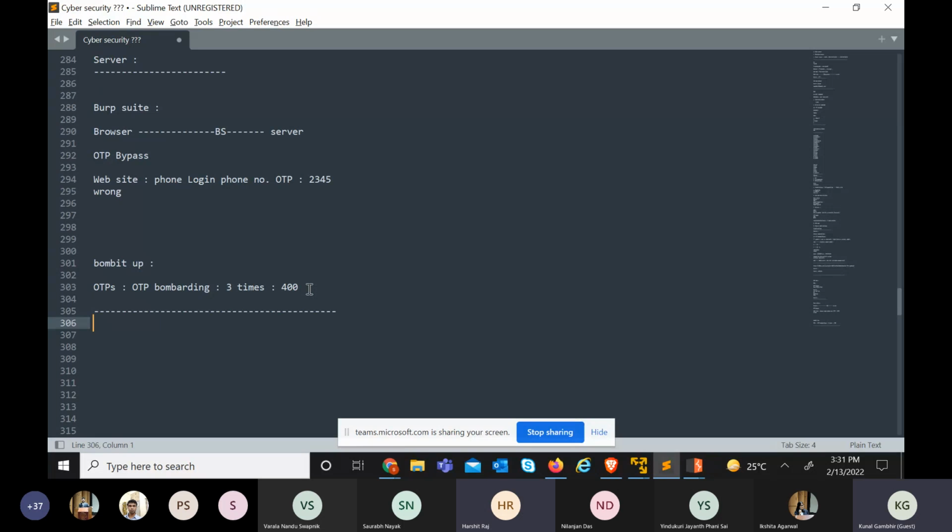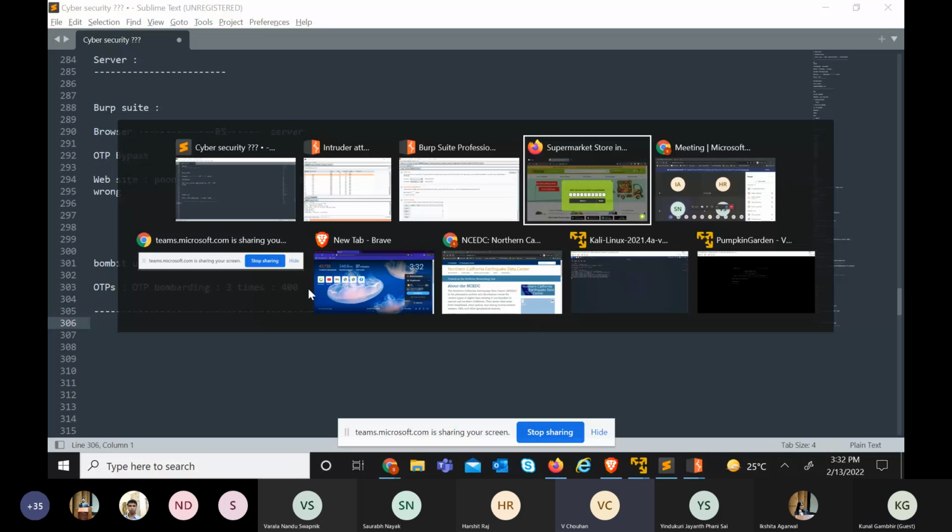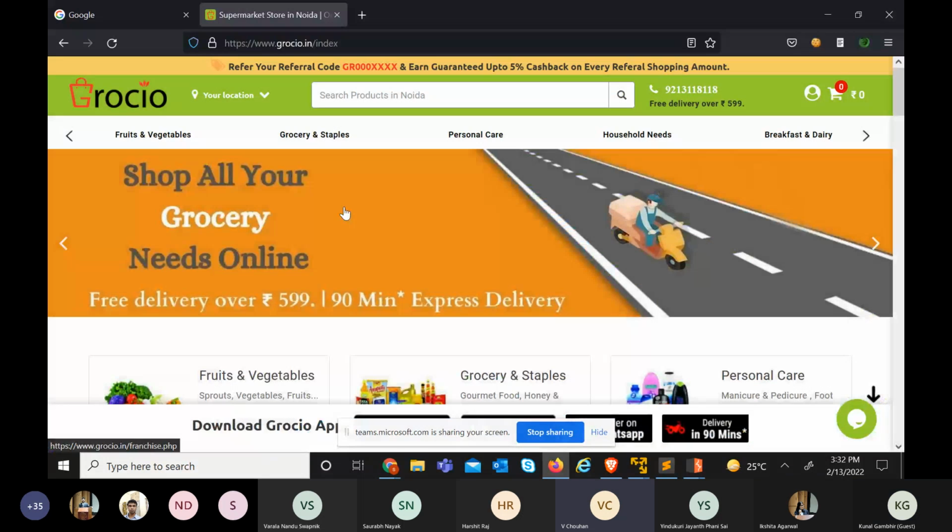So the attack was later rectified and mitigated. Where SQL injection is possible, we can do it on that platform. Yes, if SQL injection is possible, you can get the database. Basically, first of all, what is the requirement of sending an OTP back to the